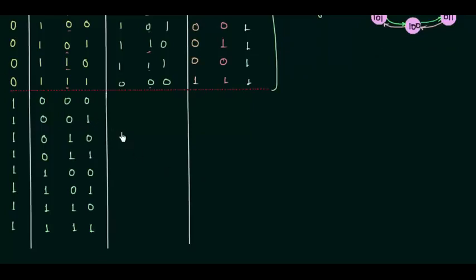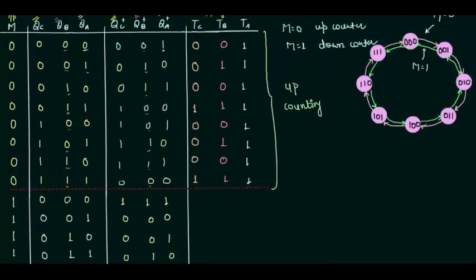Instead of incrementing 1, we will decrement 1. So 0 0 0 is there, it means the next state is 1 1 1. 0 0 1 is there, it means the next state is 0 0 0. 0 1 0 is the present state, so next state is 0 0 1. In the same way 0 1 1 gives 0 1 0, 1 0 0 gives 0 1 1, 1 0 1 gives 1 0 0, 1 1 0 gives 1 0 1, and finally 1 1 1 gives 1 1 0. So this is how the next state looks for the down counting, and we have to follow the same